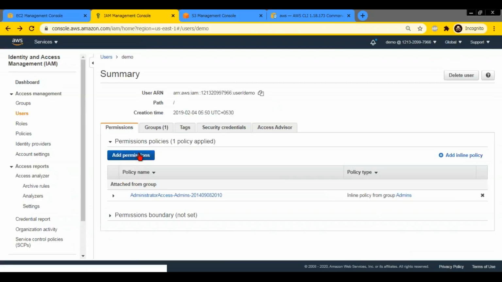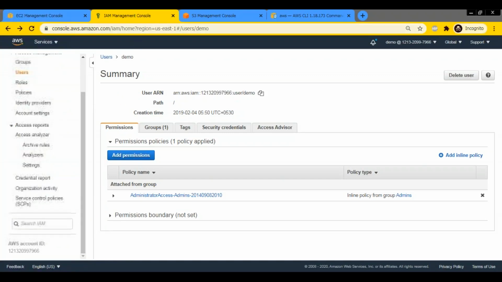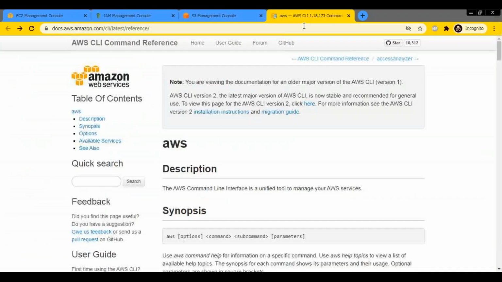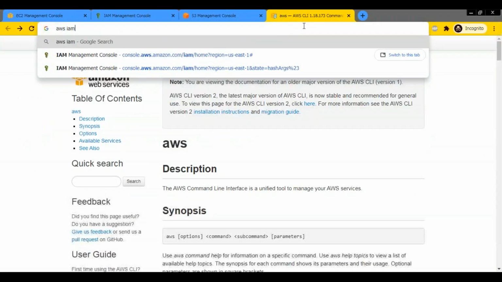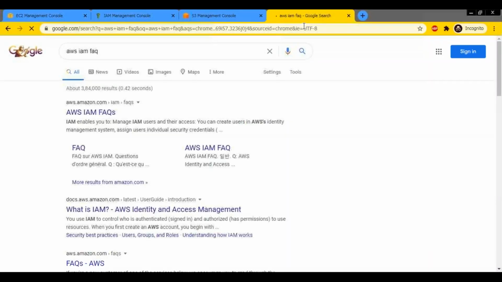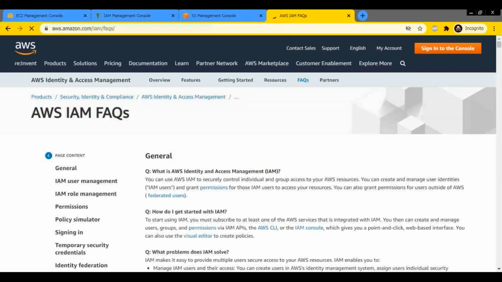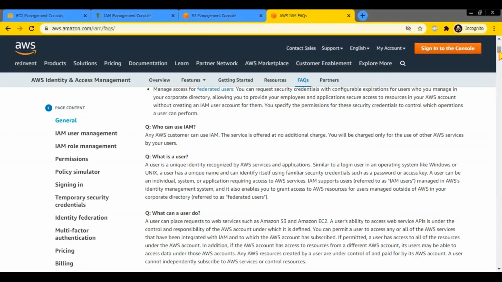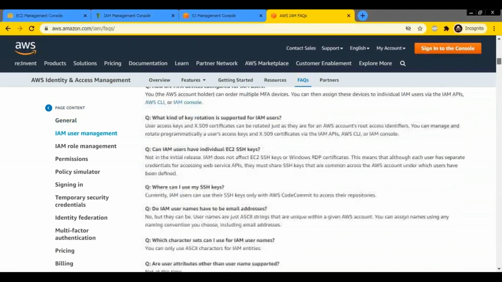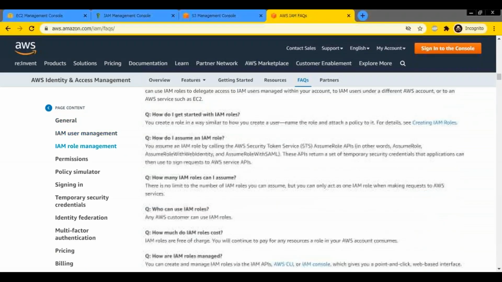In the coming classes, we will see how to create our own policies and how you manage the permissions and all that. You can practice creating the MFA code, creating users, and maybe going through some basic documentation about IAM. Or at least, like I said, after every class you go through the AWS IAM FAQ. Simple. At least the first 4 or 5 questions. What is IAM? What is user management? What is role management? What is a user? What can a user do? Basically, just scroll down 4 or 5 pages, that is enough.